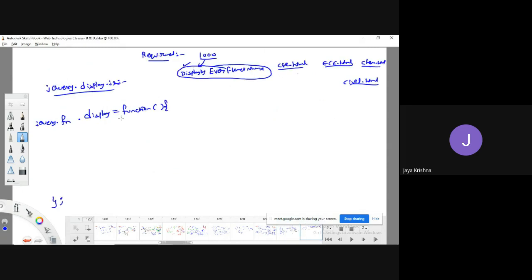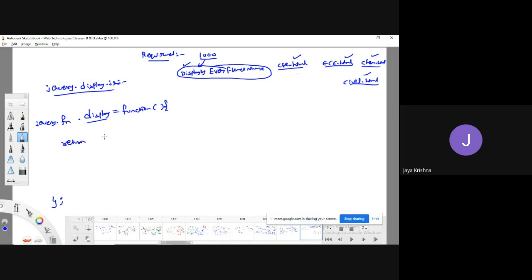So what this method does is, whenever the user calls the display method from cs.html, ec.html, chemical.html, or civil.html, it is going to call this one. So whenever the user passes a particular selected element, I am going to return the corresponding element.